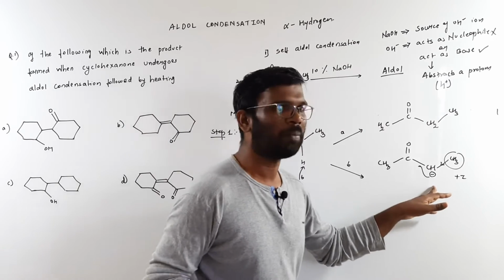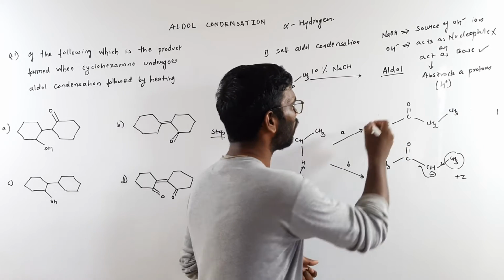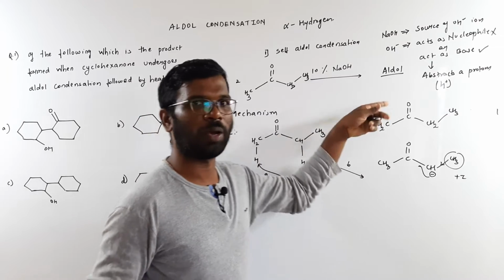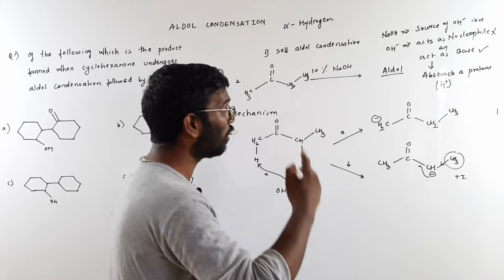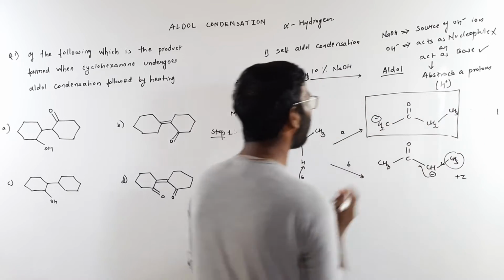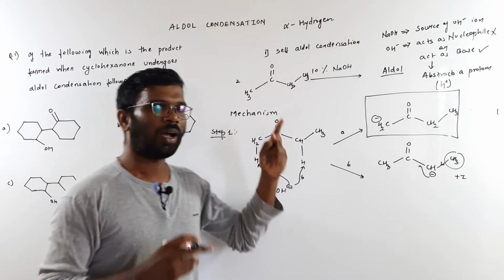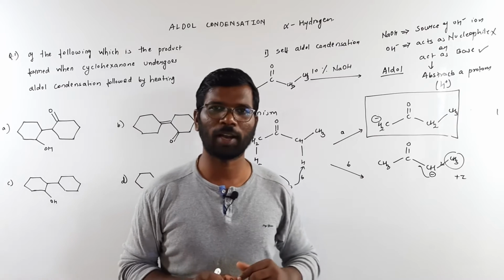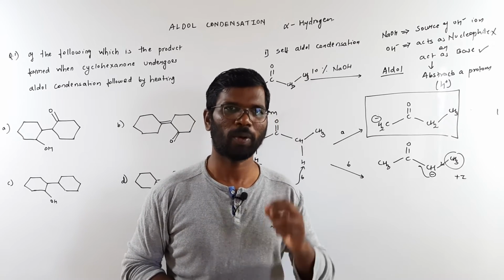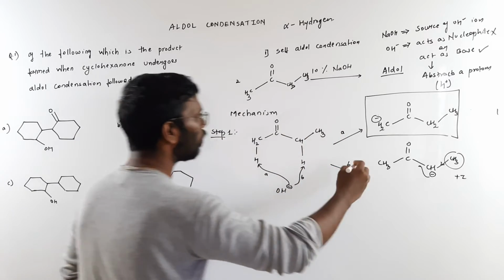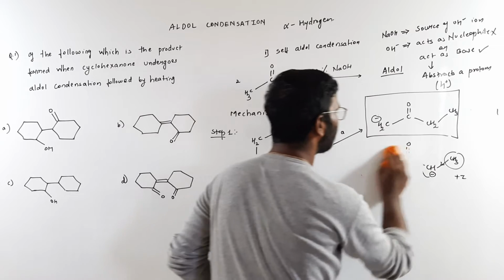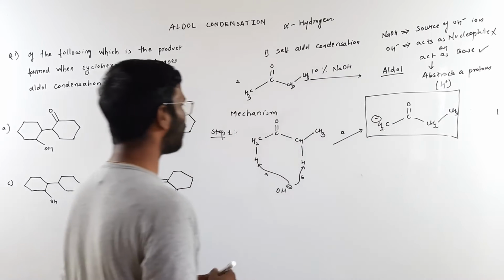This is going to become less stable compared to this negative charge, because there is no group which is showing a plus I effect to this. So among these, this will be the most stable, right? So you are going to abstract a hydrogen from the alpha carbon, which is going to give you a more stable carbanion. Now this is the thing we are going to get. So I'll clean this. This is my step 1.